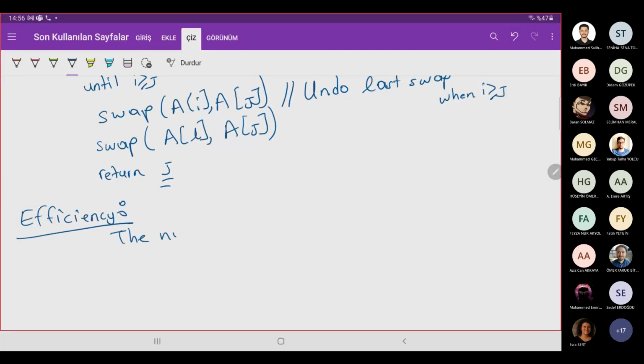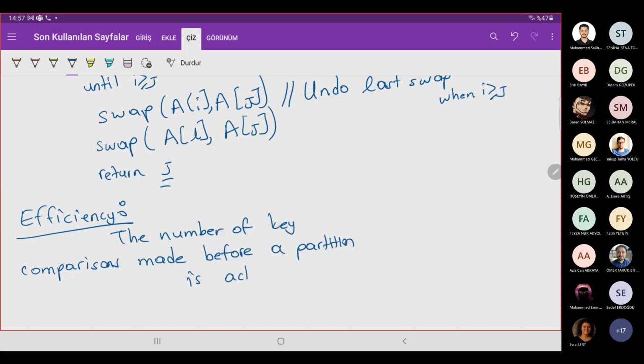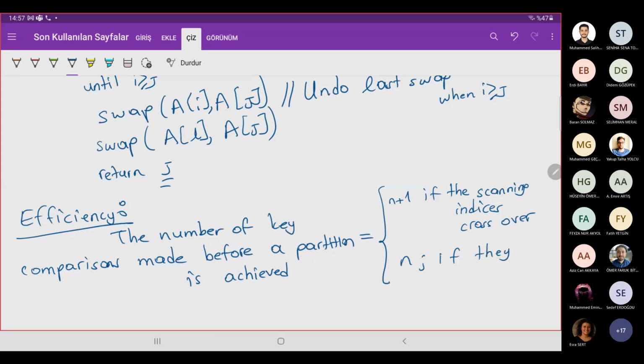So the number of key comparisons made before a partition is achieved is equal to n plus 1 if the scanning indices cross over, and n if they coincide. Because if they have crossed over,